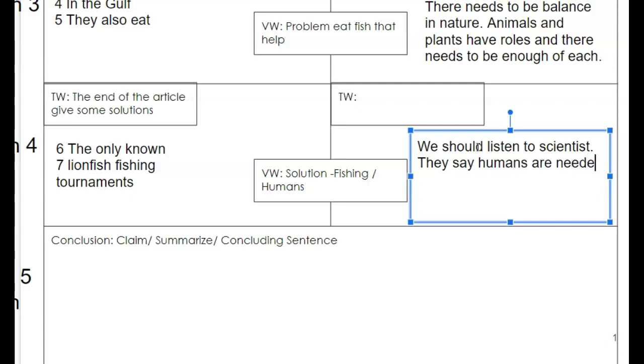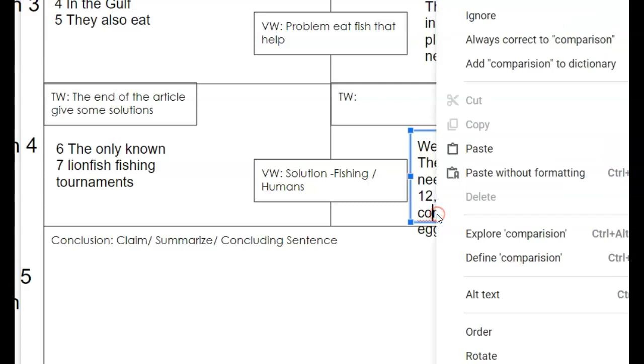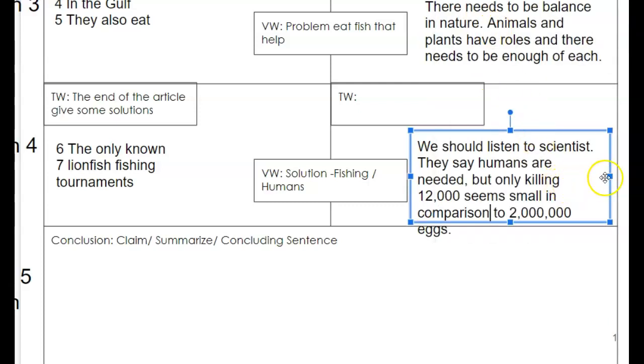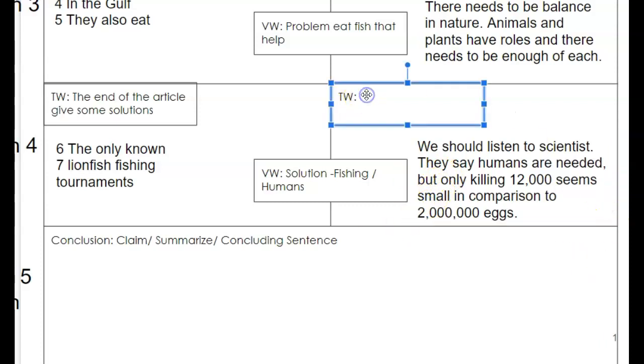Humans are needed, but only killing 12,000 seems small in comparison to million eggs. See if I can get that to fit. There we go. Okay. And my transition phrase would be the solutions